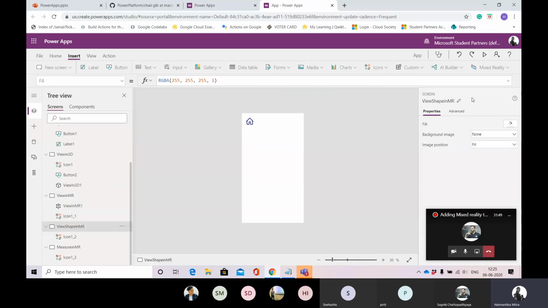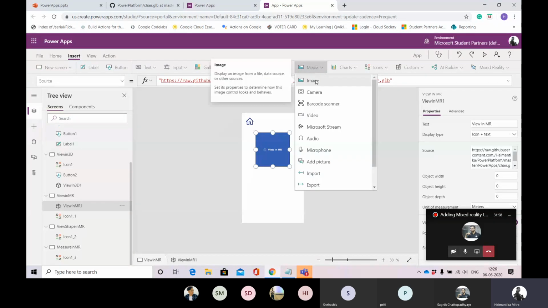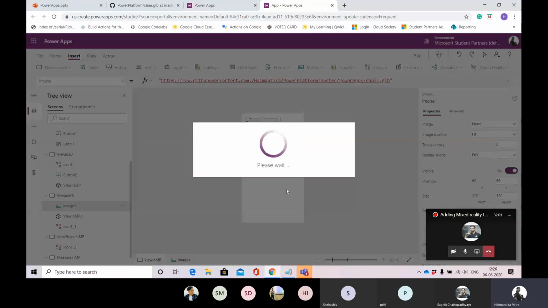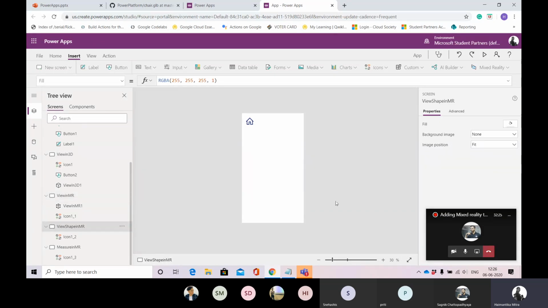The next is view shape in MR. For view in MR, it also allows you to click a picture. So if you want, you can go ahead and select this image option. And once you select this image option, you'll have to write a formula so that the picture you click here shows here. Since you are beginners in Power Apps, I will not be covering that because all of this might be too much for you for the first day. So I'll just show a simple demo and make it as simple as possible. So let me just delete this. And next is view shape in MR.